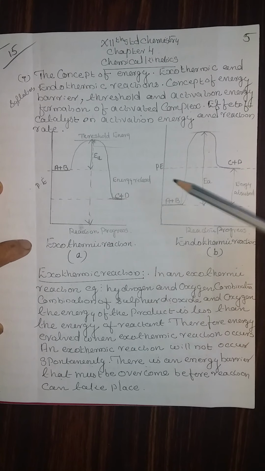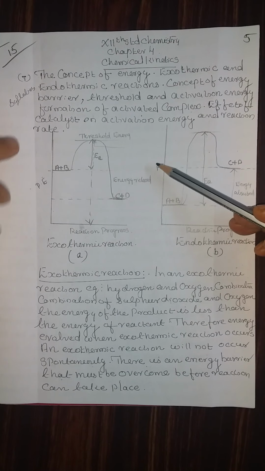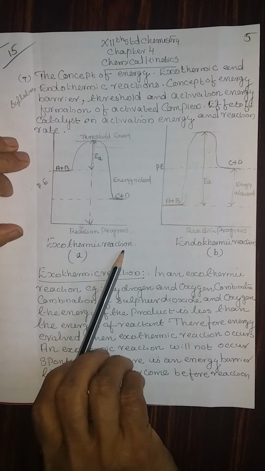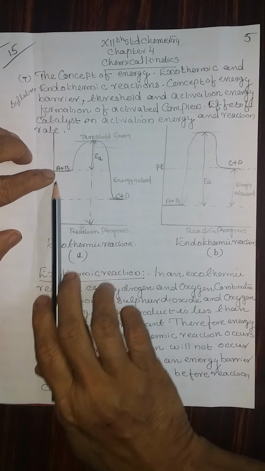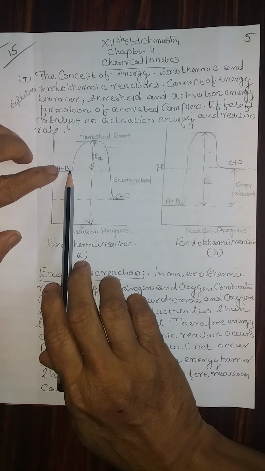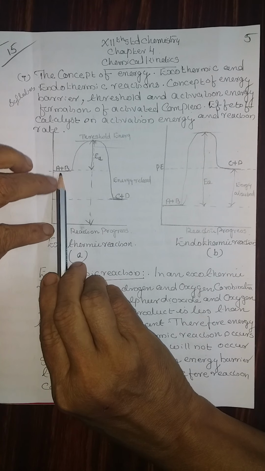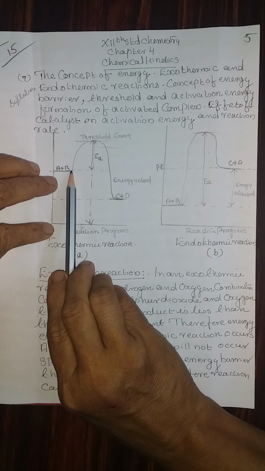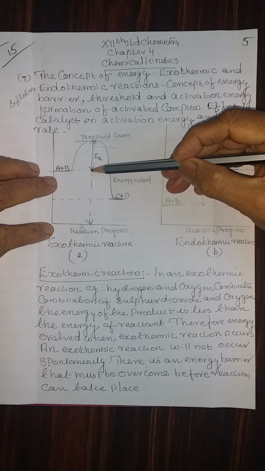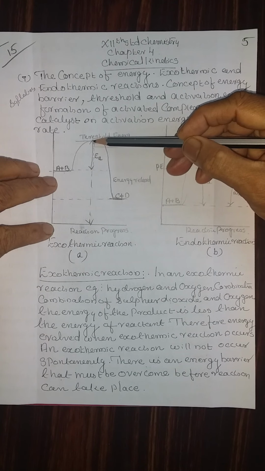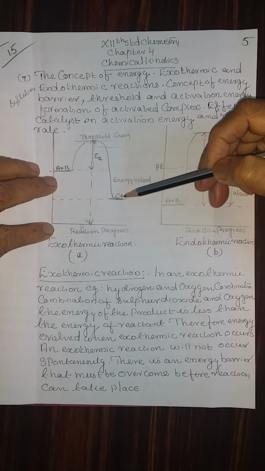Now, let us see what is meant by exothermic reaction and endothermic reaction graphically. Let us take first exothermic reaction. A and B are the reactants. These reactants possess a certain amount of energy, that is this much energy from here to here shows the energy of A and B. This energy is not at all enough to undergo a chemical reaction. Therefore, it should get this amount, that is activation energy. Then only it can be converted into the products C and D.